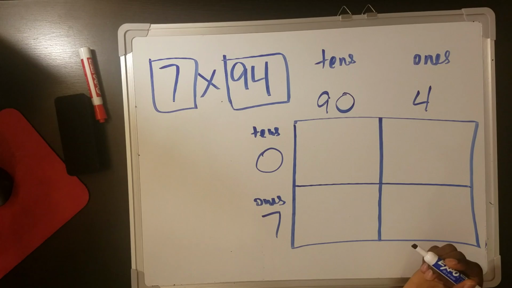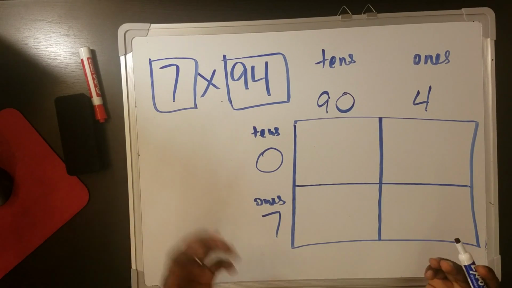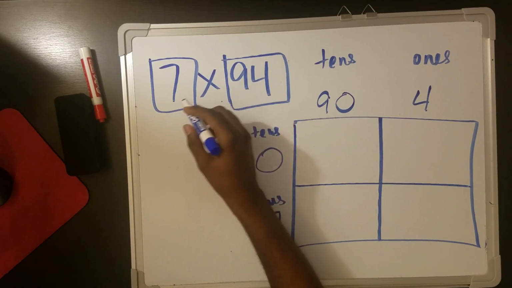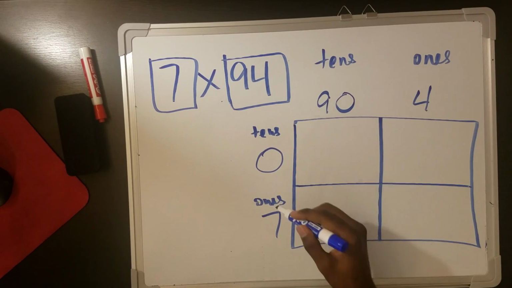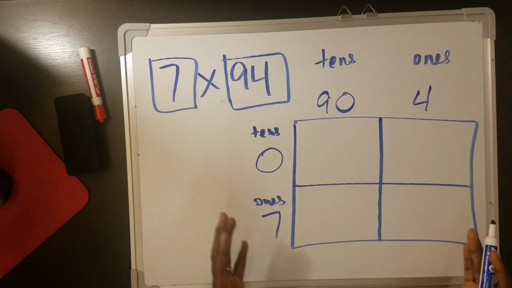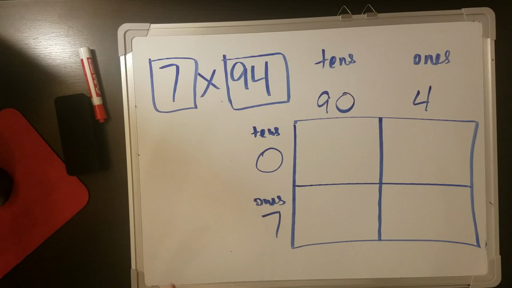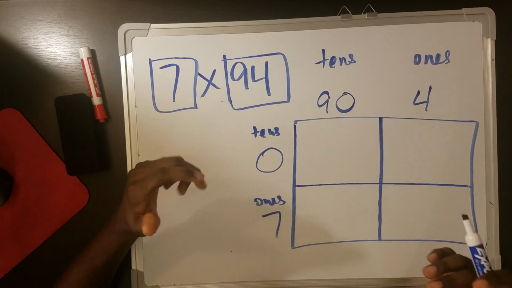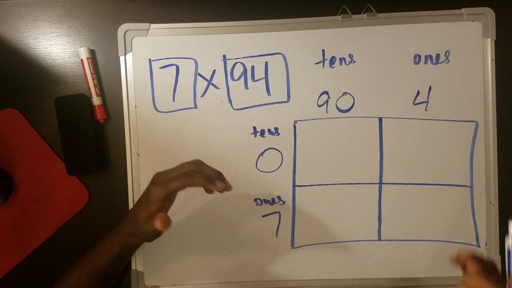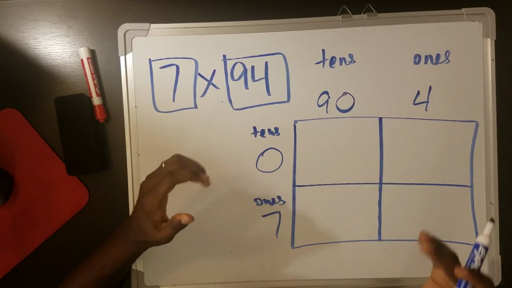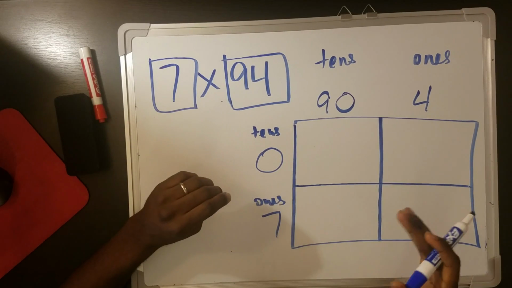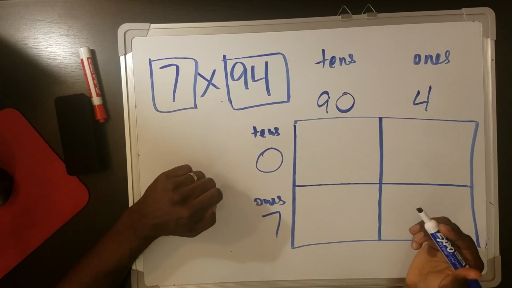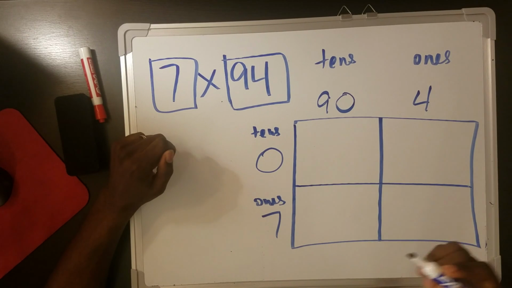The next step is going to be multiplying. Now, this might be a little harder to multiply than this. The point of the Common Core multiplication is to break it down into smaller or easier numbers to multiply. If you can break it down into a smaller number, then you can kind of go off of memory. If you can break it down into an easier number, then you just have an easier time multiplying it. So let us now